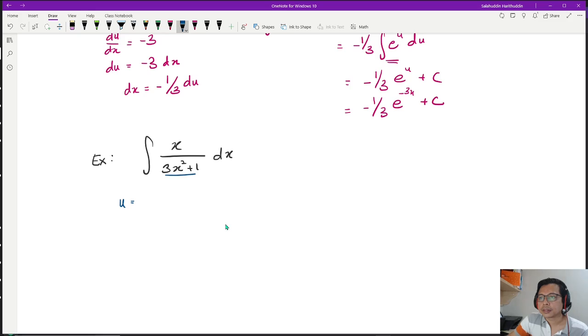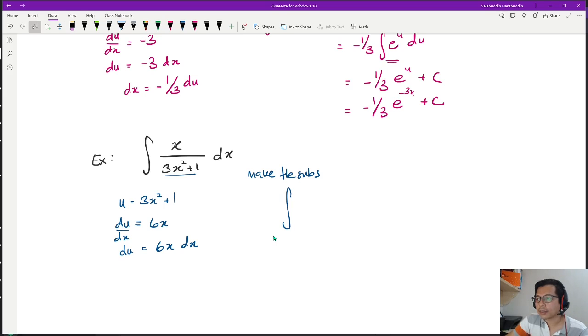I will pick this one. Okay, and let's see what happened here. u is 3x squared plus 1, so du is 6x dx. Okay, so again, make the substitution. I will have x over 3x squared plus 1 dx. Now I need to replace the dx, since du equals that, so dx will be equal to 1